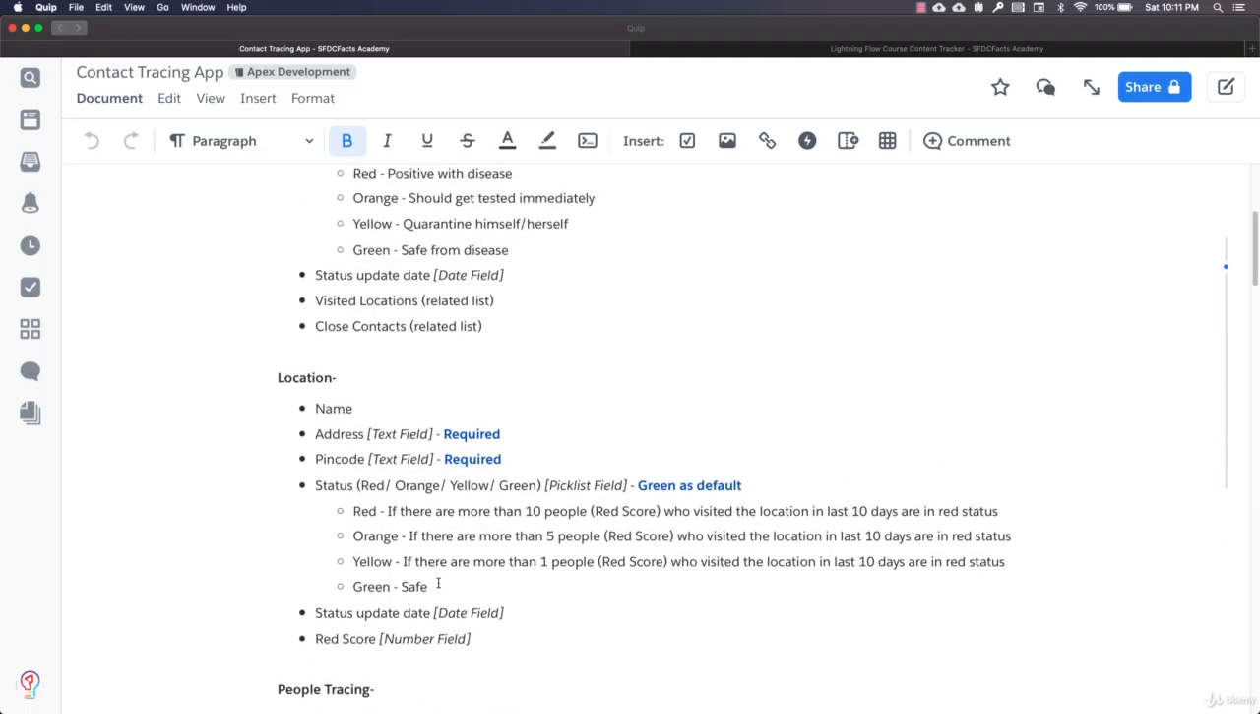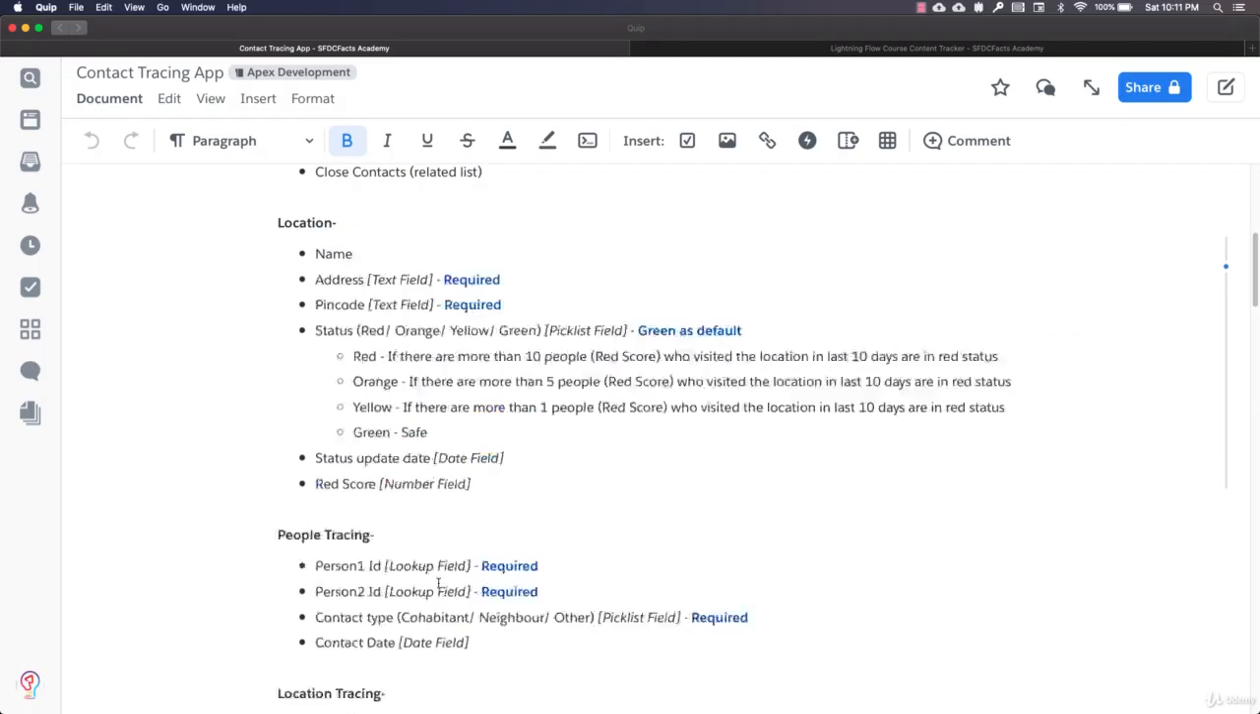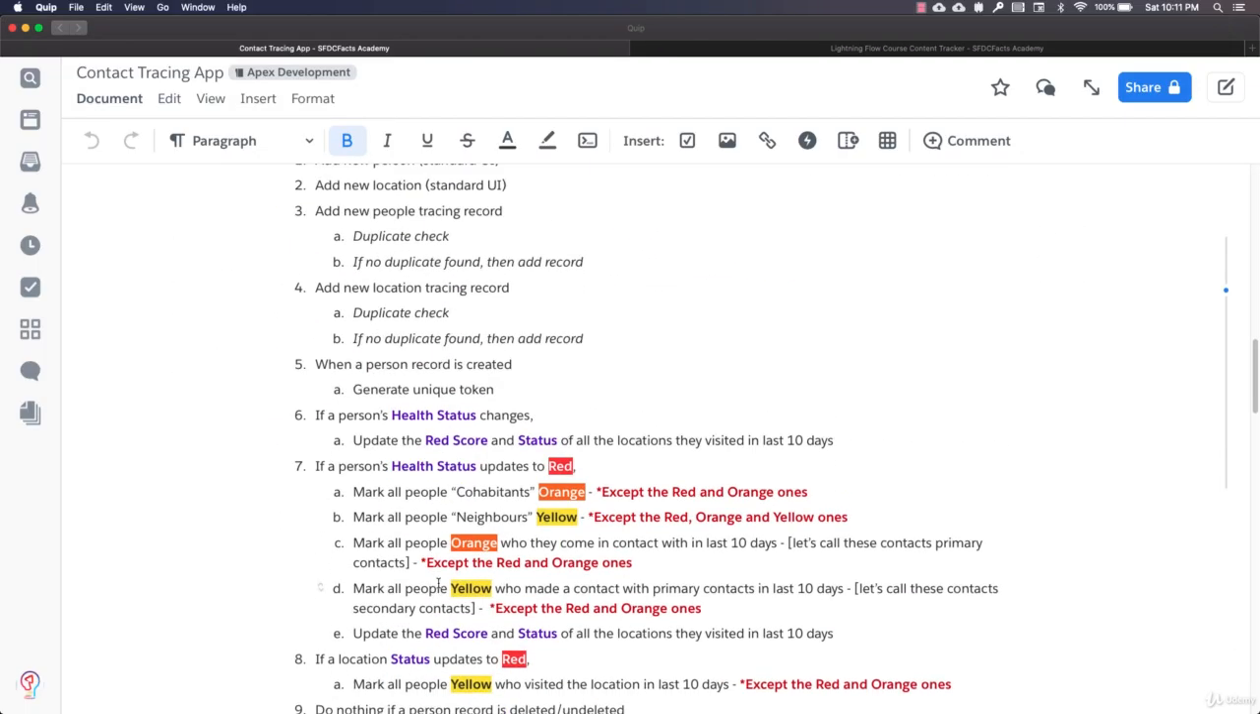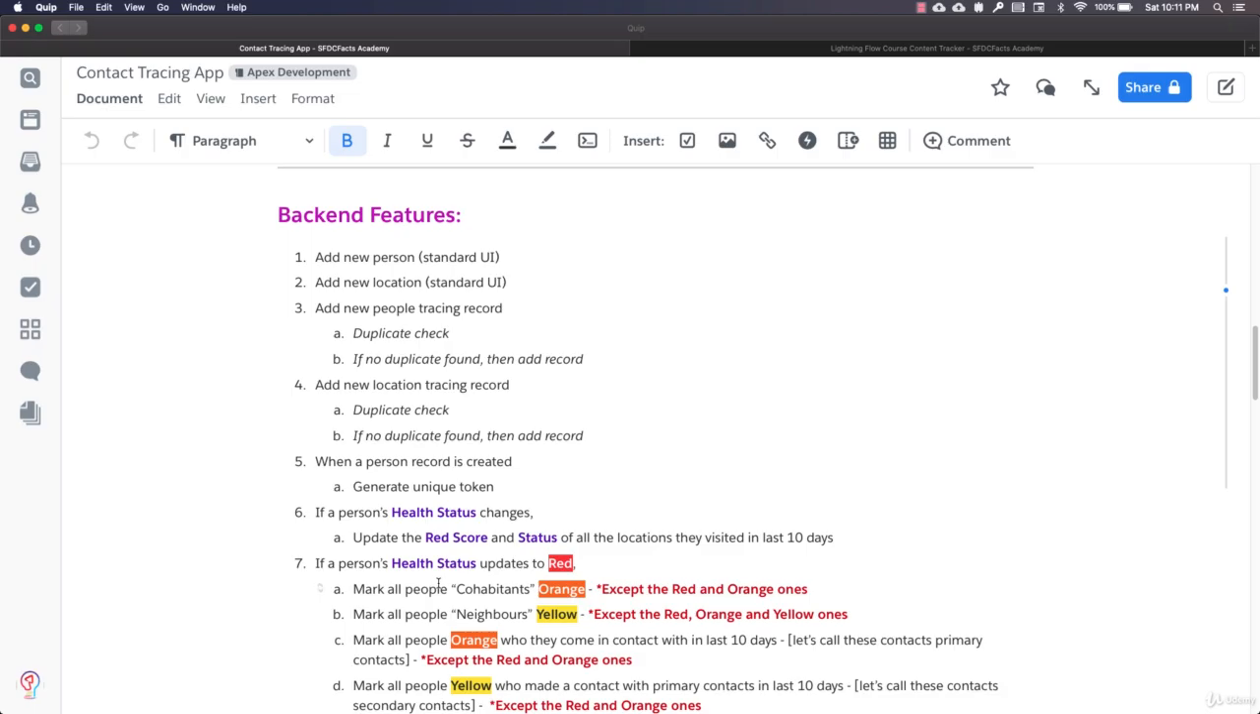So this is about the data model of our contact tracing app. Now let's go over some of the backend features. The backend features include adding a new person or adding a new location, which we will do through standard UI. We should also be able to add the people tracing record, but here we need to have the duplicate